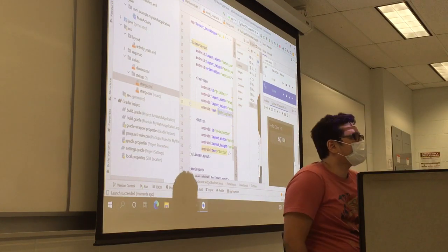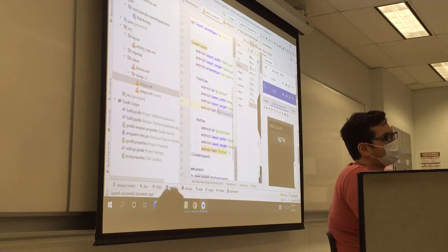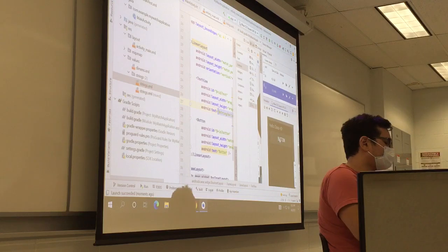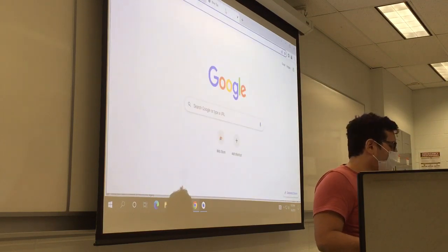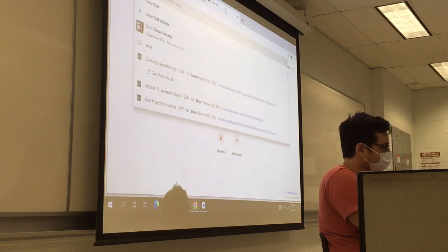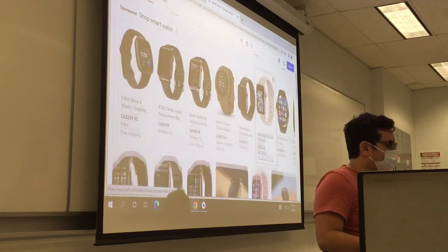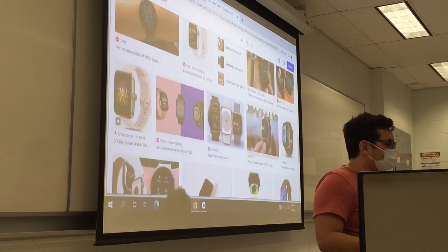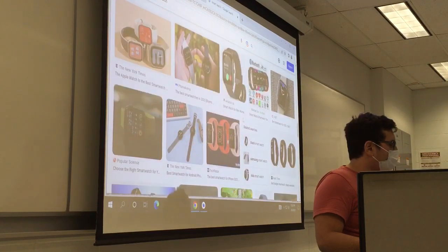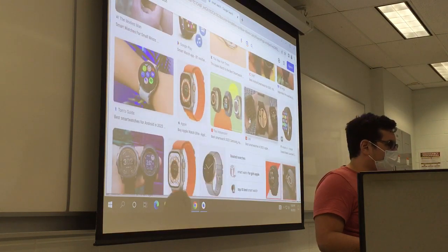So some ideas that I saw in applications out there for smartwatches: usually they work like an extension of your smartphone. So a really common feature is to use those buttons to control your smartphone. Let's say,